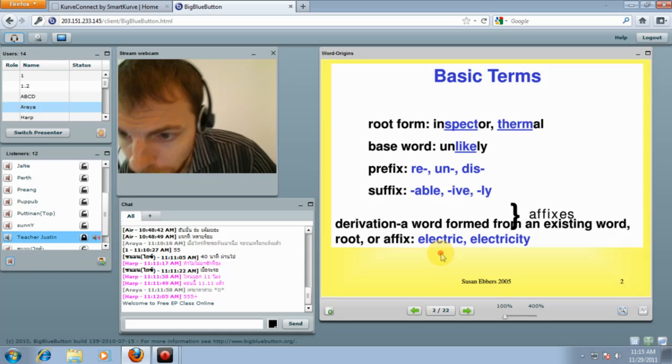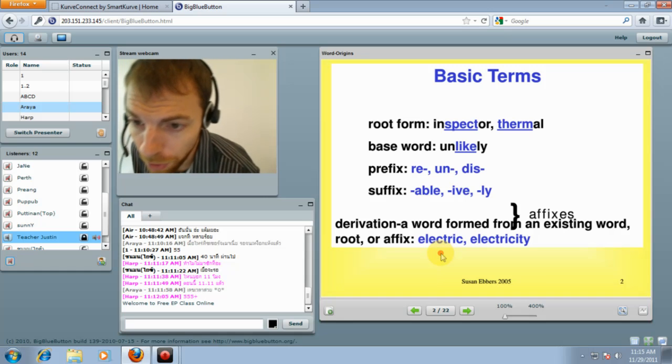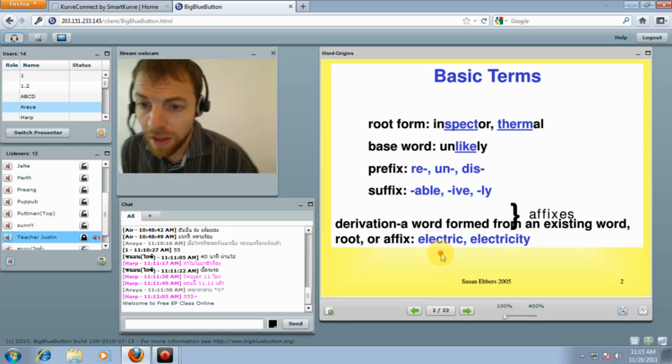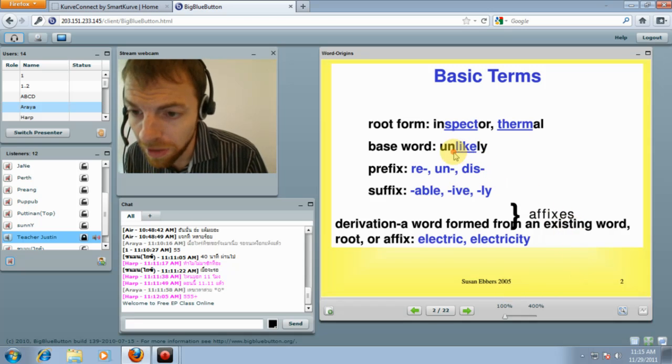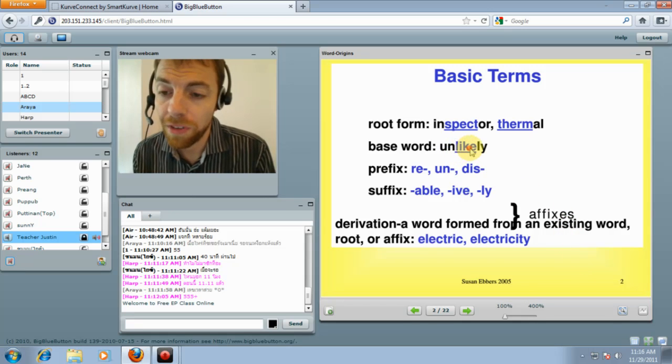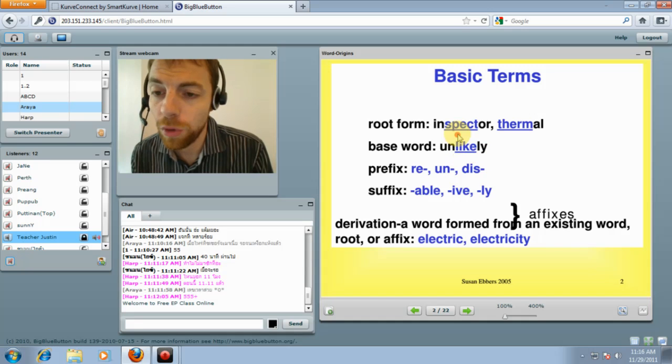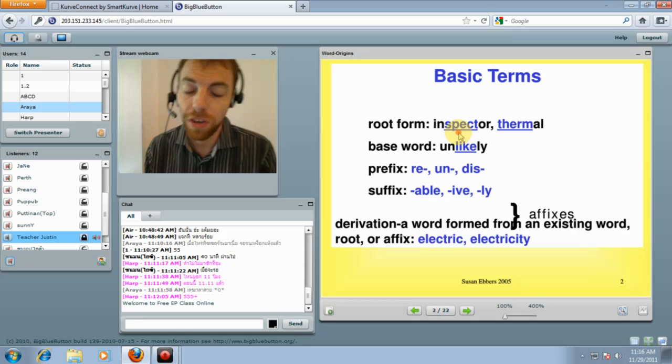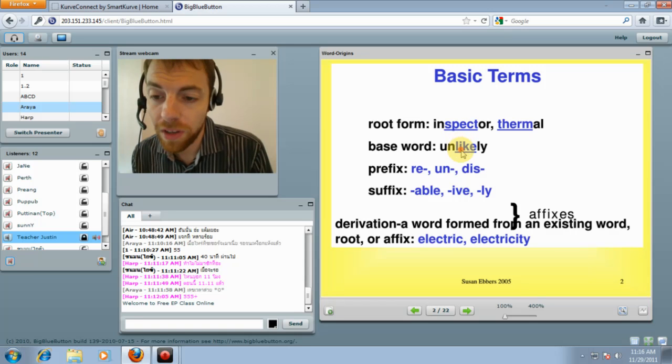The base word. The base word is a word like here, unlikely. The base word is like with a prefix un and a suffix y. So a base word is similar to a root word. We will learn the difference soon. But